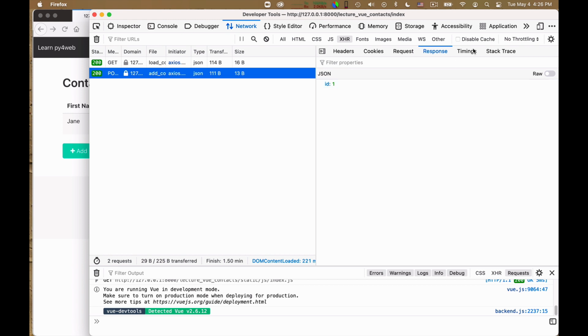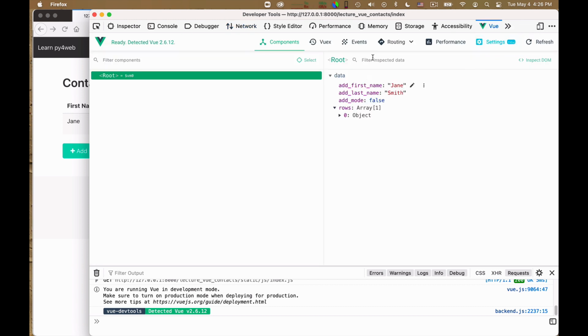We can also look at the Vue controller. Now we see that add first name is still Jane and add last name is still Smith, so the form actually hasn't been cleared, which maybe is not optimal. Maybe I should add a command to clear the form. Okay, I thought I did, but I will re-add it. The array of rows now contains one row, which is an object.